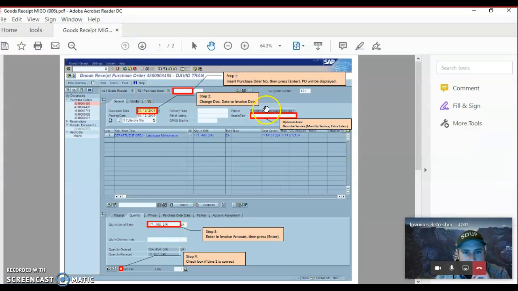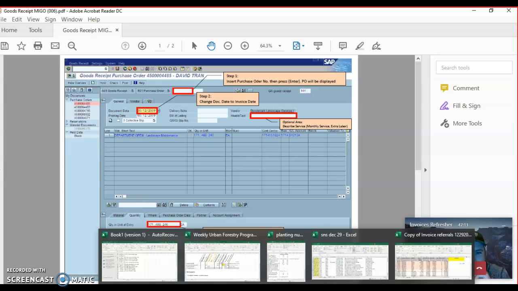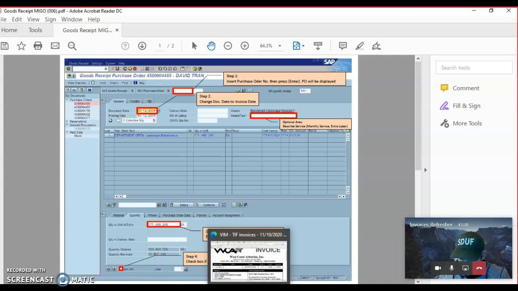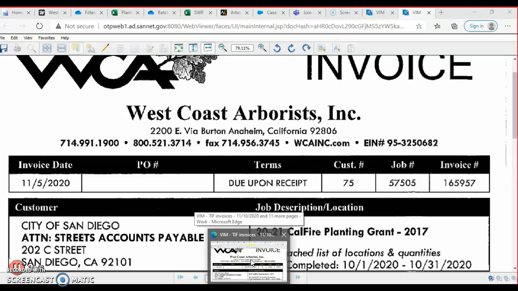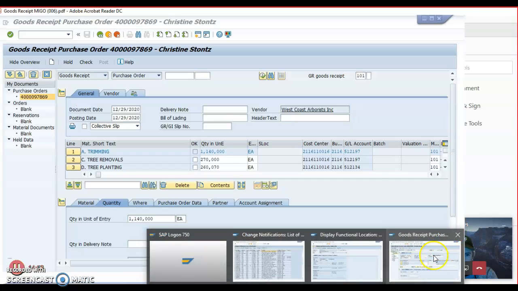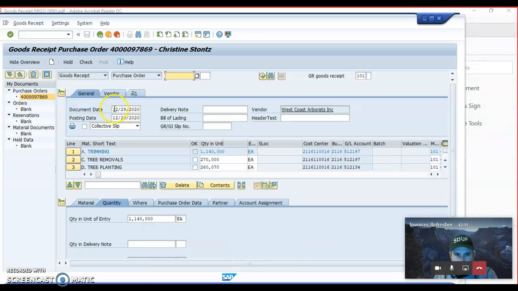So, step 1 has already been done for us. Step 2, the document date. This one is November 5th, 2020. There at the invoice date. November